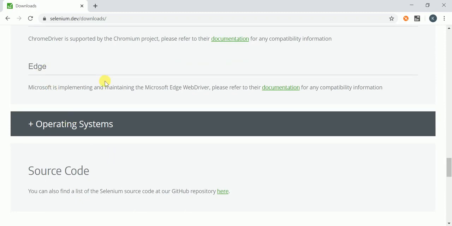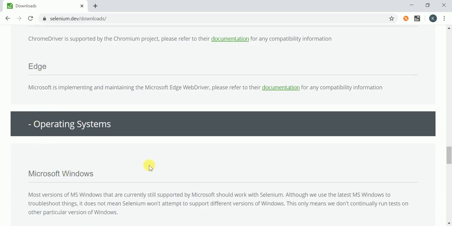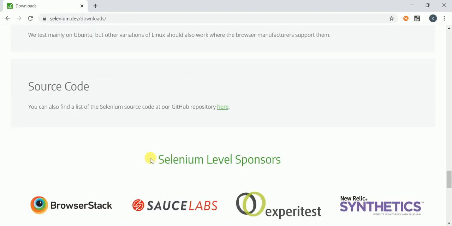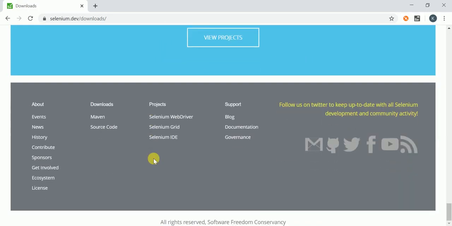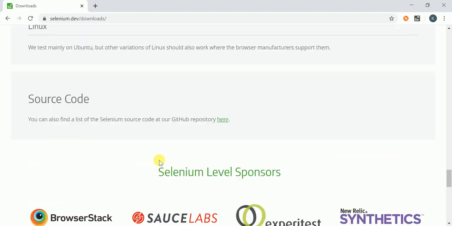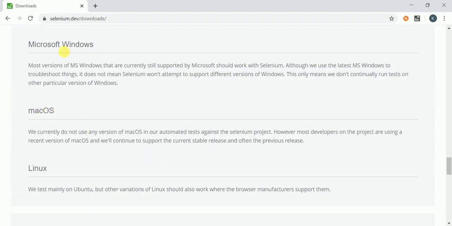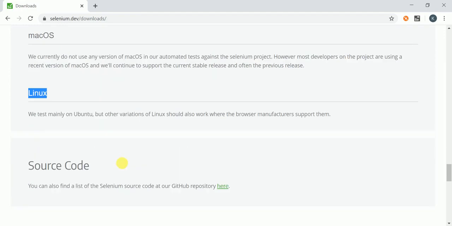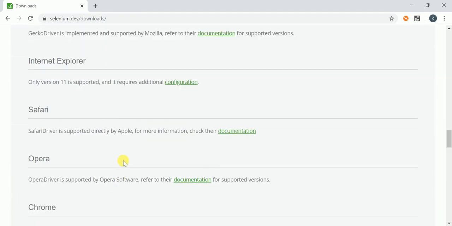Almost all the browsers. Similarly, what are all the operating systems it is supporting? Almost all of them: Mac, Windows, Linux.